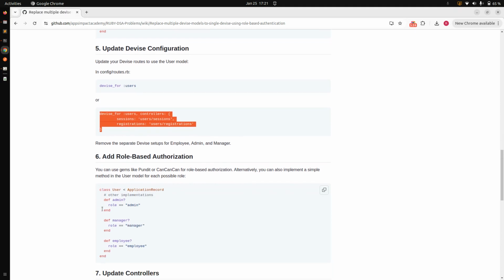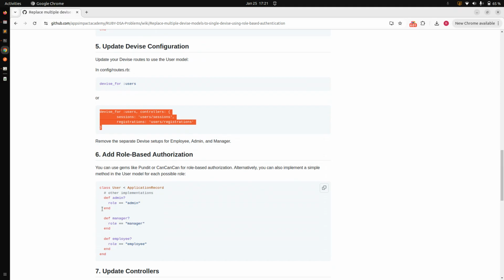Okay, and then you need to use role-based authorization. Since we already added the role attribute in the user table, now we can either use the CanCan gem or the Pundit gem to authorize users based upon their role, and we can allow them to perform some actions. Okay, and alternatively, if you don't need the CanCan or Pundit gem to perform the role-based action,